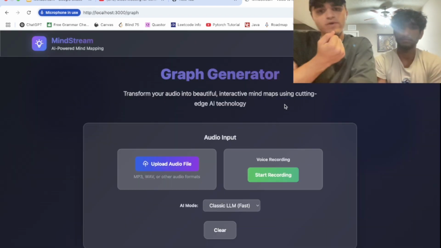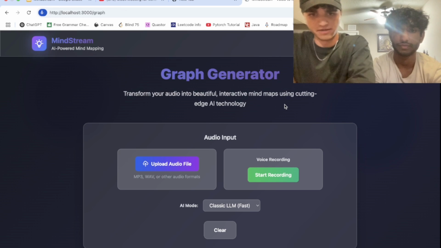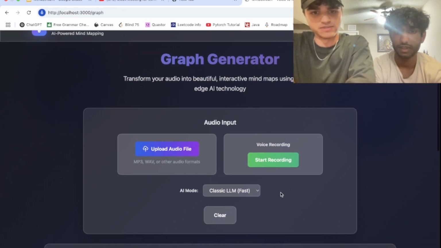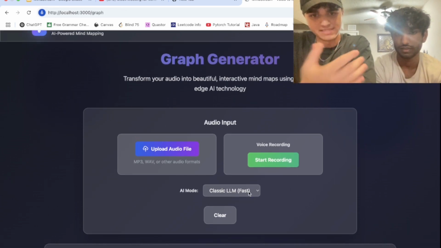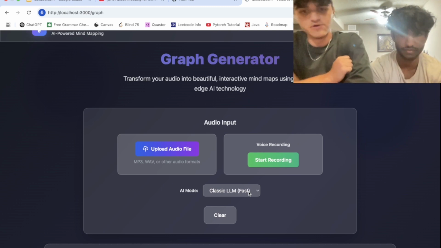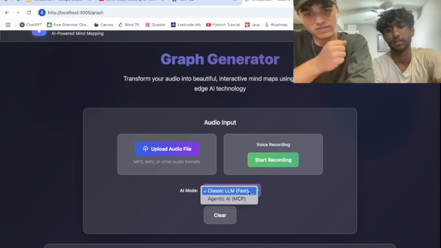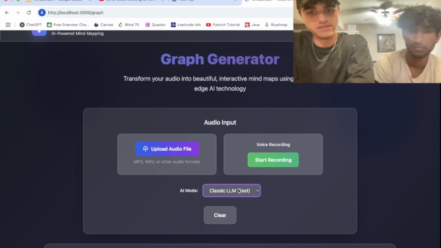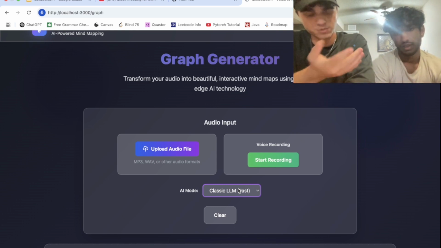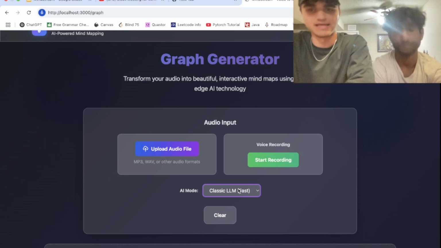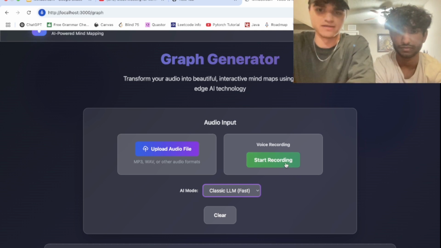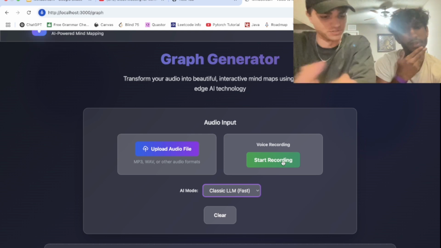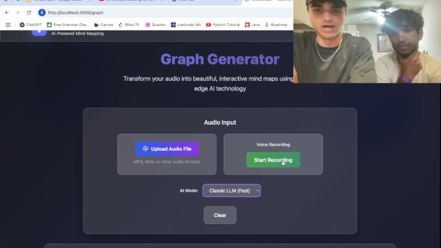All right. So we have two options inside of our graph generator. And you also notice that we have a box for the type of AI mode we want to use. In this case, we'll start off with a voice recording. As we can see, you have the LLM and then the agentic AI. For this case, I will try using the classic because this won't be as long as the voice recording. It'll be more simplistic, just to demonstrate for our use cases here. To start, you just click start recording, and then I'll do a demo of if I'm at a corporate office meeting.